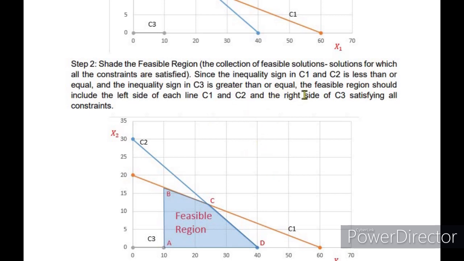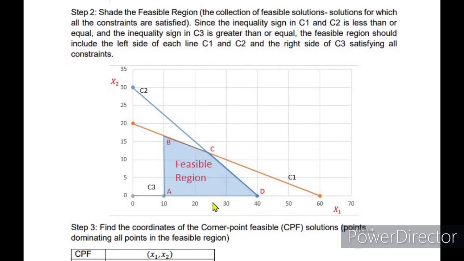Since the inequality sign in C sub 1 and C sub 2 is less than or equal, and the inequality sign in C sub 3 is greater than or equal, the feasible region should include the left side of each line C sub 1 and C sub 2. That's why it is here, the left side of C sub 1, the left side of C sub 2, and the right side of C sub 3, satisfying all constraints. So this is C sub 3, the right side is this. So we have the feasible region here. This is the shaded part,